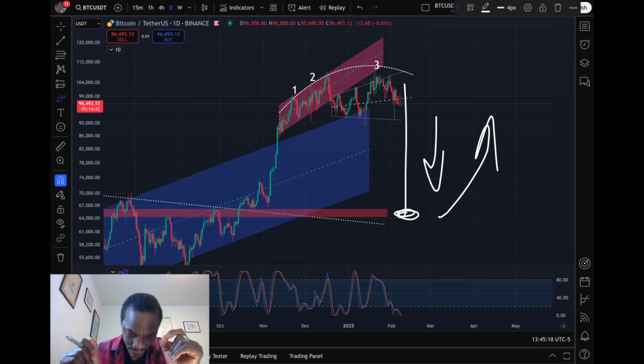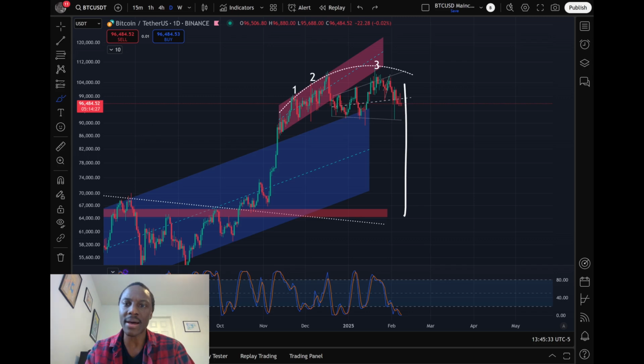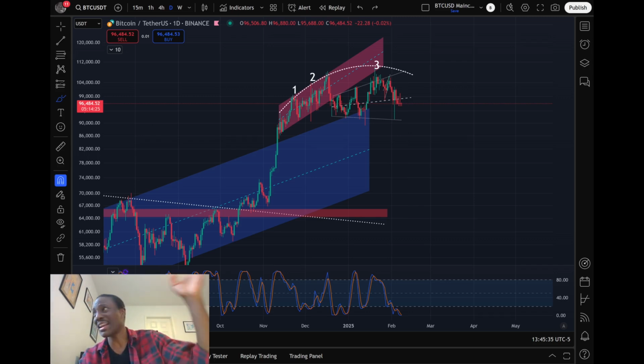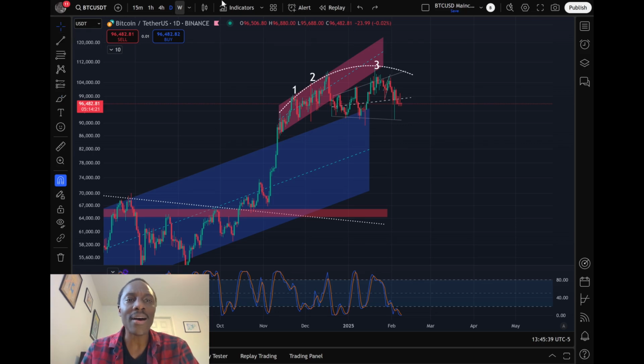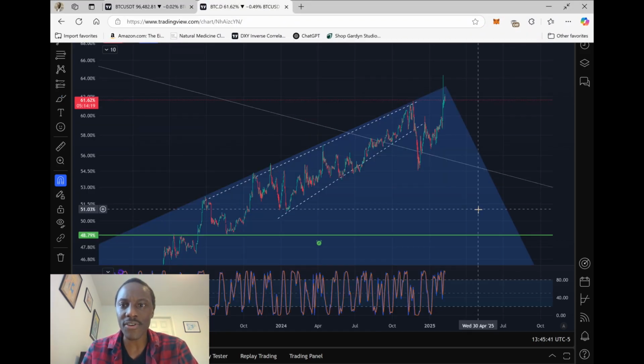But you will get a taste of how bullish this cryptocurrency market is in the coming days via the altcoin space. And this is really what I want to talk about today. Not necessarily Bitcoin going up 10, 11, 12% to its target. I want to talk about what altcoins are doing. Okay, first let's look at the Bitcoin dominance chart. Remember,